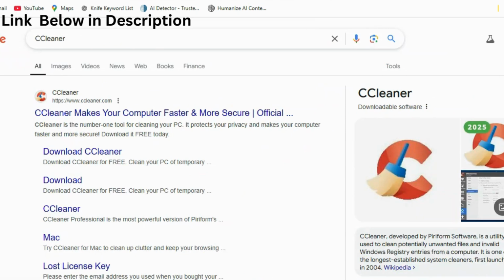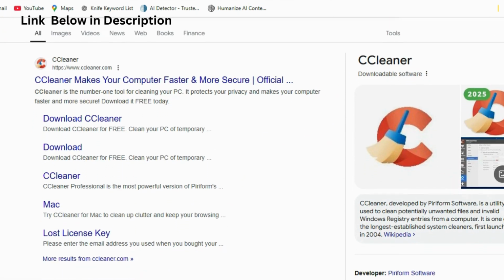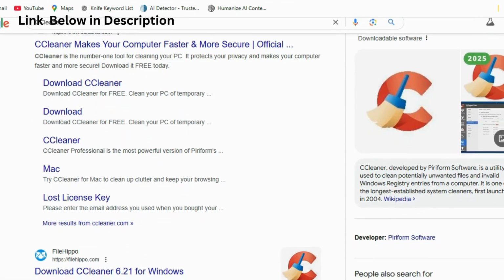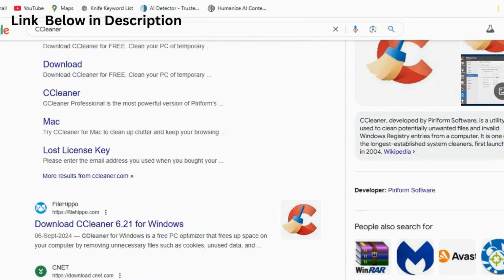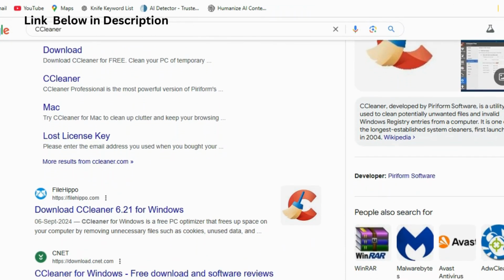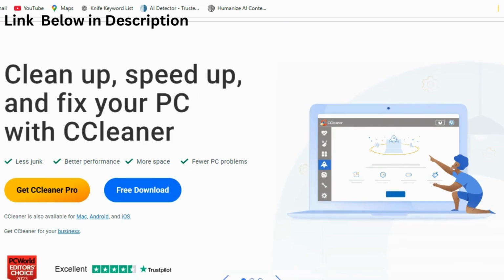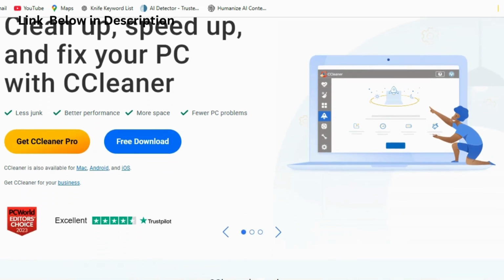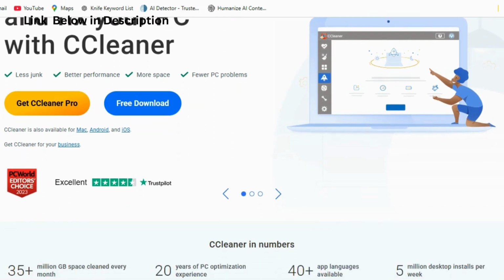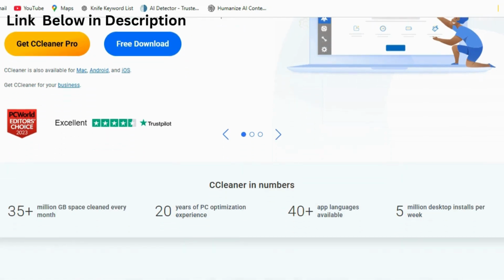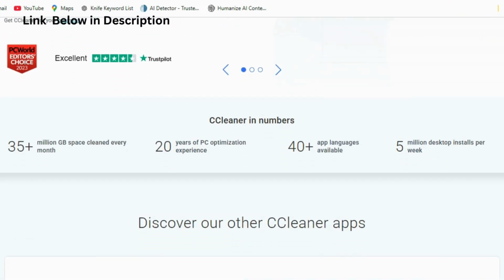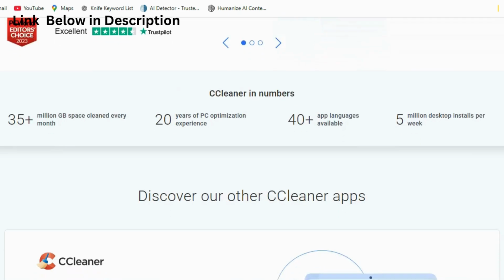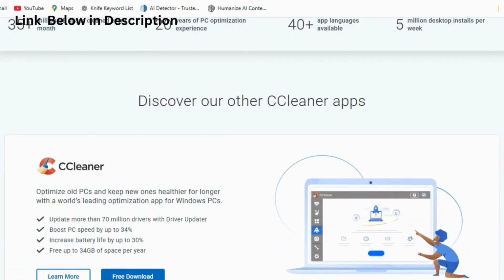A widely used system optimization and cleaning tool developed by Paraform. It is designed to enhance the performance of computers running Windows, macOS, and Android by removing unwanted files, fixing registry issues, and improving overall system efficiency. With its simple interface and powerful features, CCleaner helps users maintain a clutter-free system, ensuring smoother operation and faster response